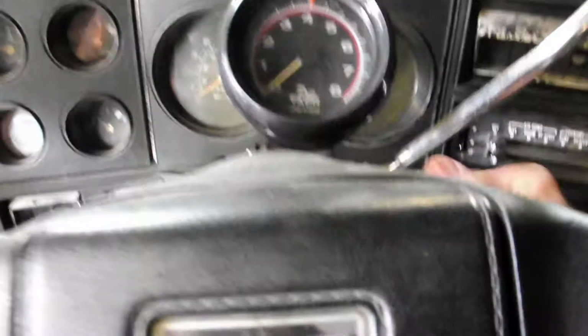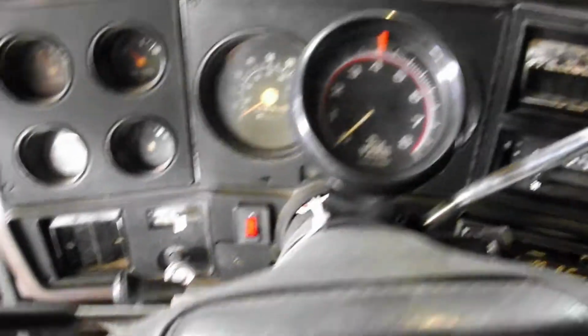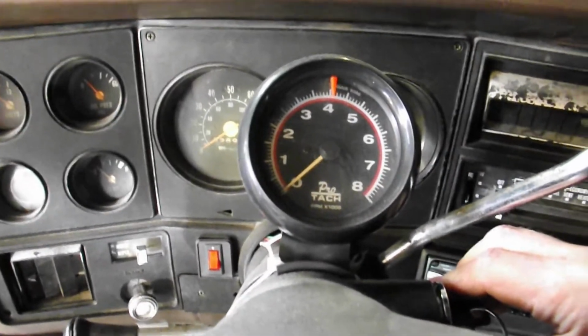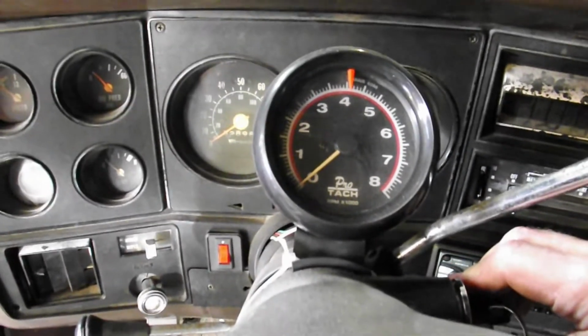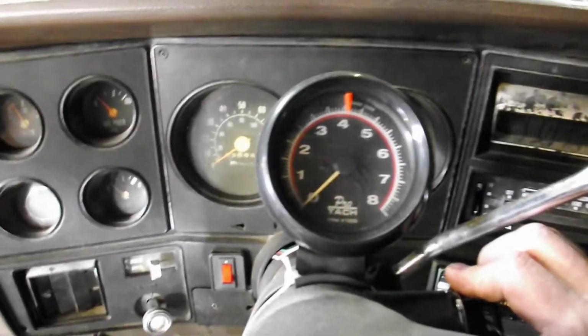Now this hasn't fired up and run in 2 or 3 months. And you can tell